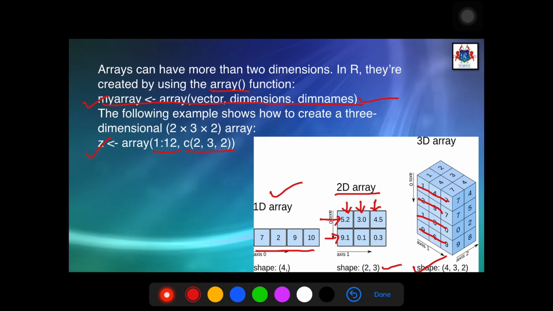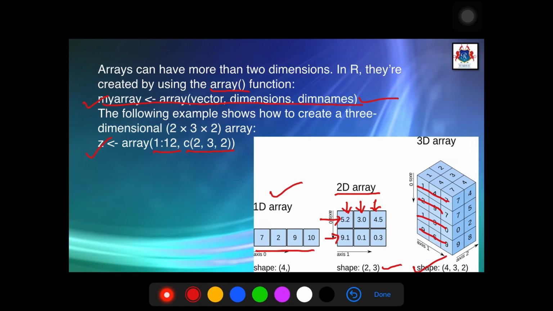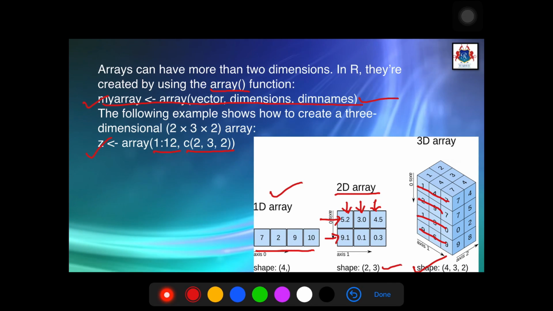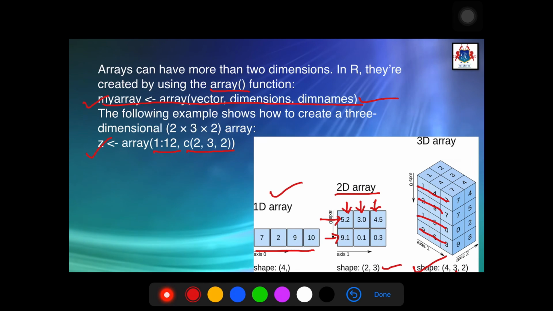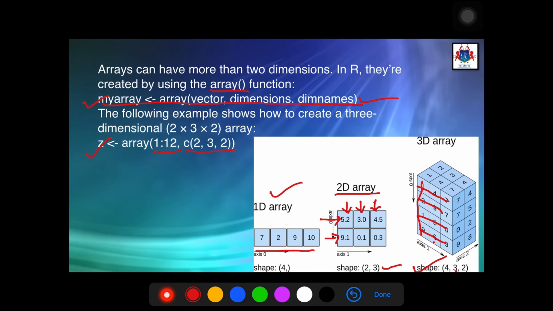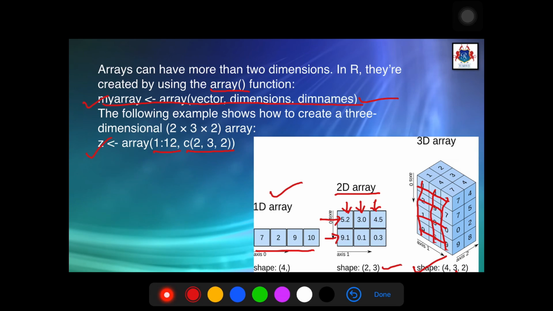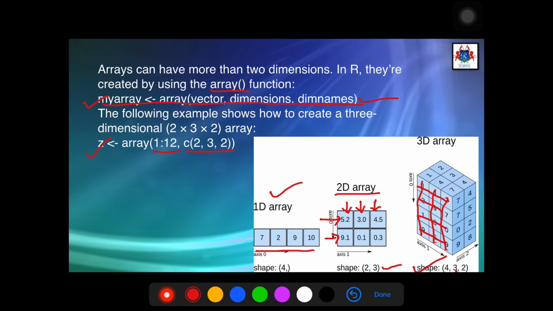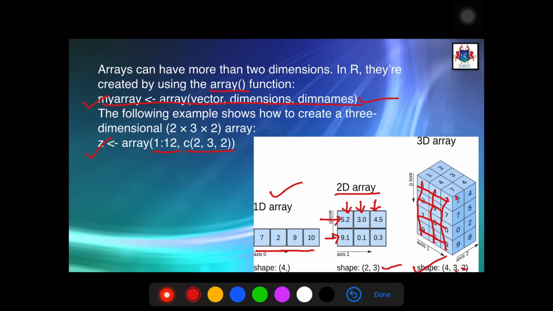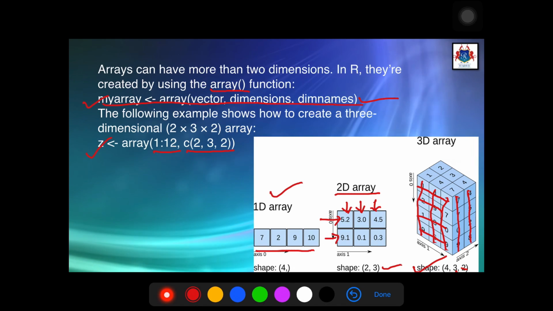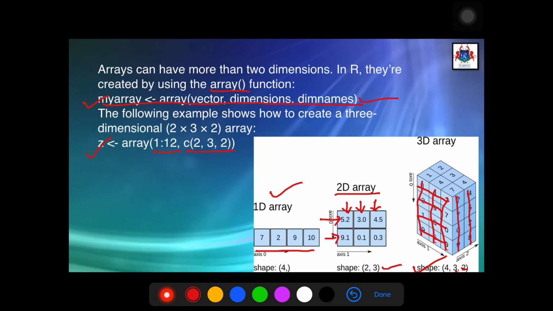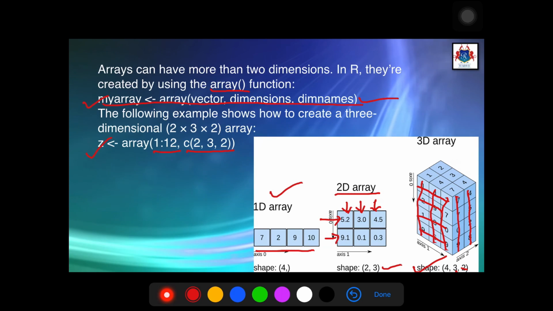That means 4 rows. So this is first row, second row, third row and fourth row. So this is axis 0, then axis 1 is of size 3. So this is first, this is second and this is third column. And then finally axis 2, that is of size 2. So again this is one column and this is another column. So in this manner the arrays are created in R.